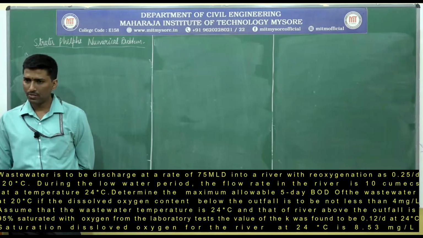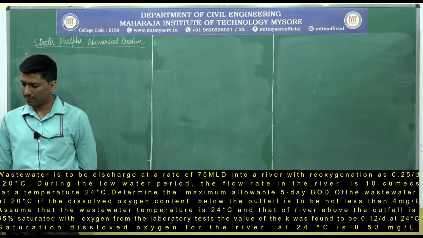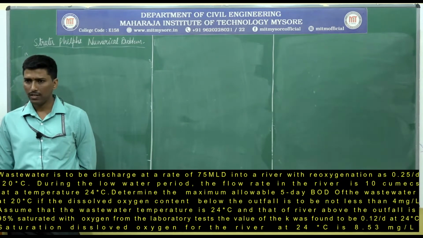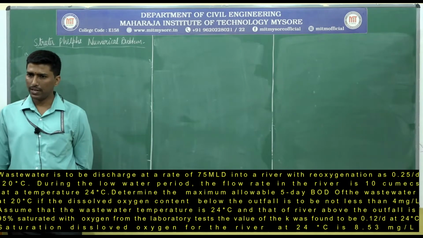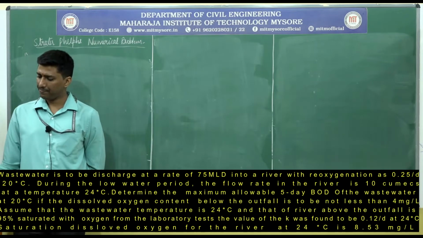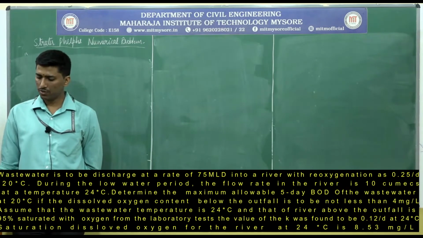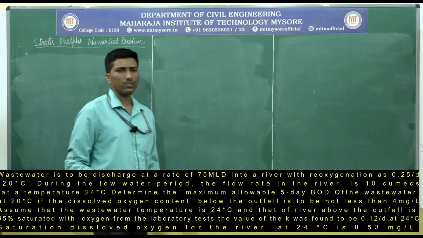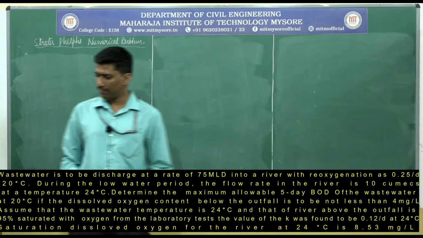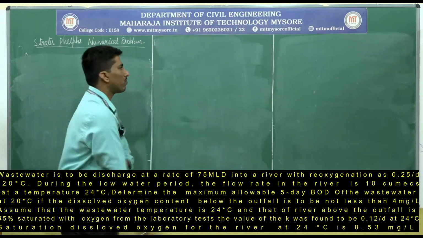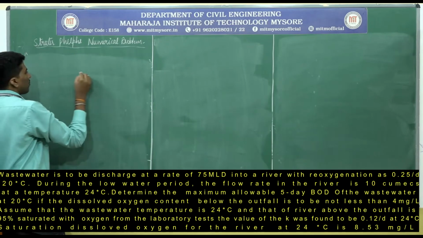From the laboratory test, the value of K was found to be equal to 0.12 per day at 24 degrees Celsius. Saturation dissolved oxygen concentration for river water at 24 degrees Celsius is 8.53 mg per liter. The analogy that you need to make here: